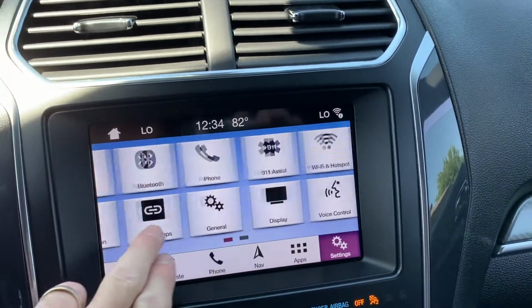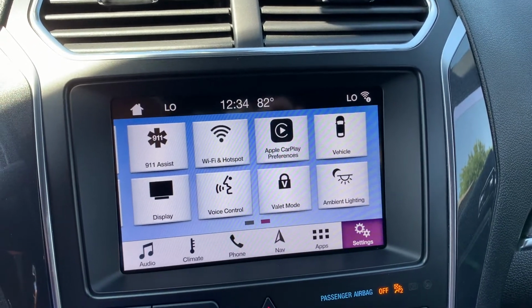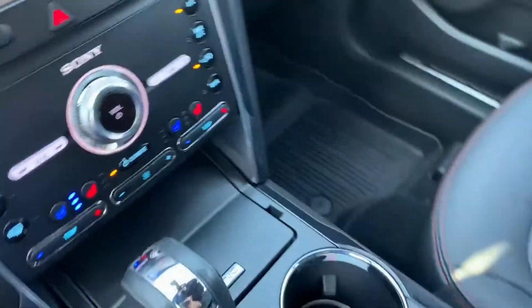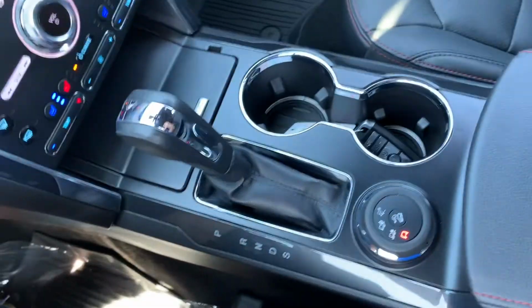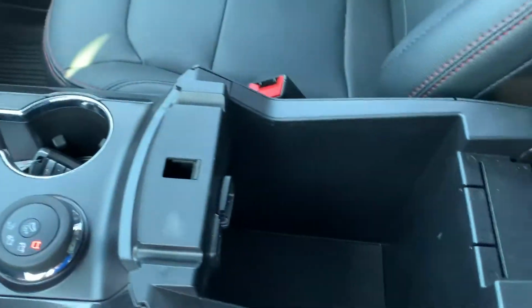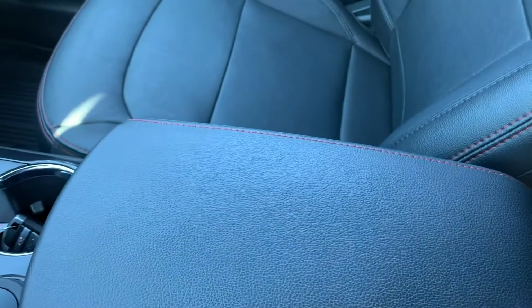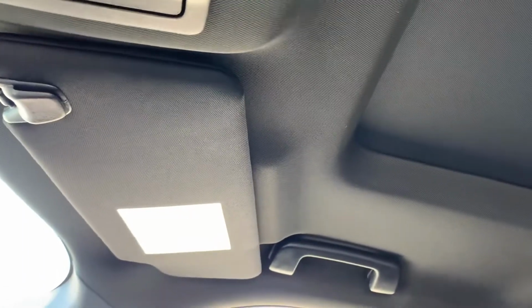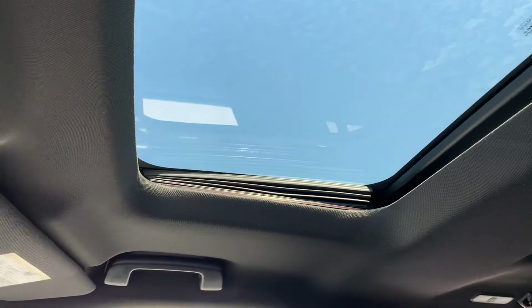And here's the backbone that controls everything, your push to talk and voice activations, radio navigation, all that kind of fun stuff. Here you have your shifter, and you also have your terrain selector. You have additional power supplies inside right there. So you also have your sunroof,